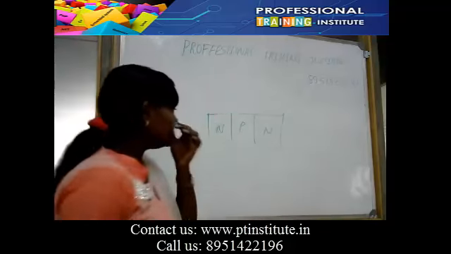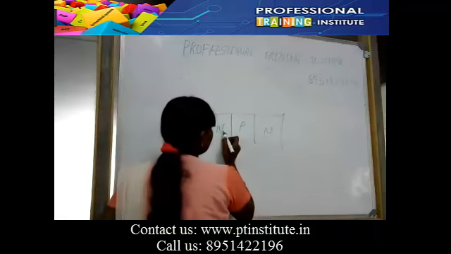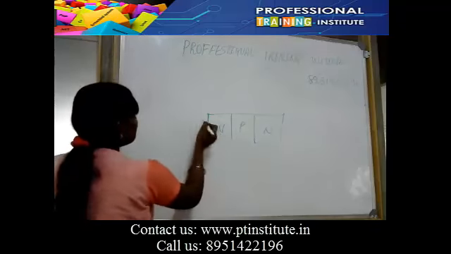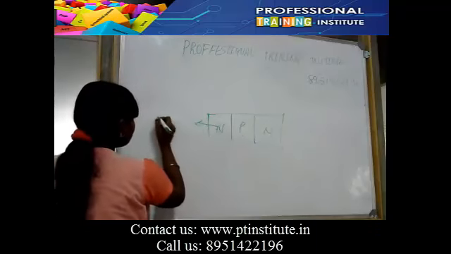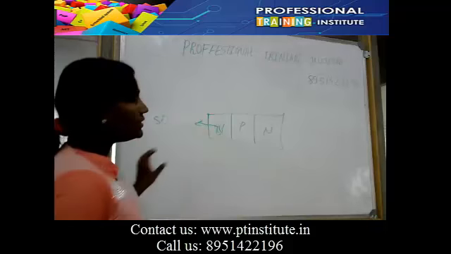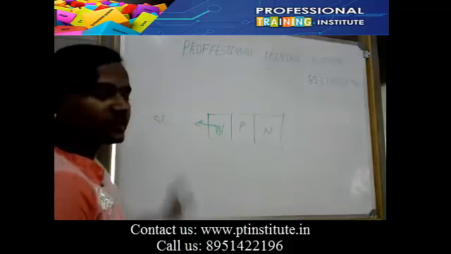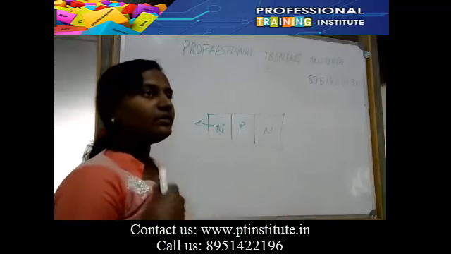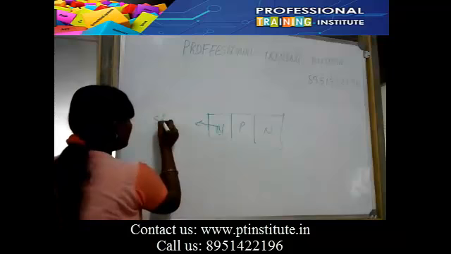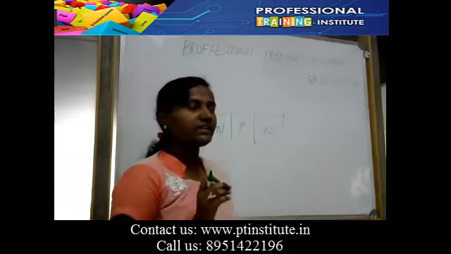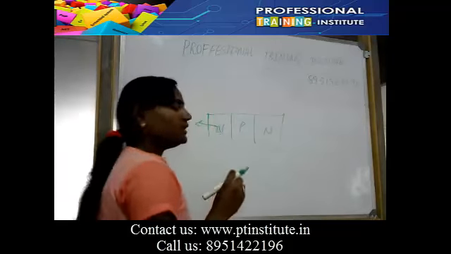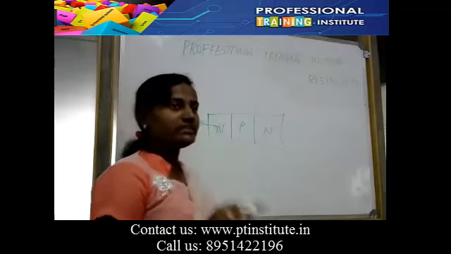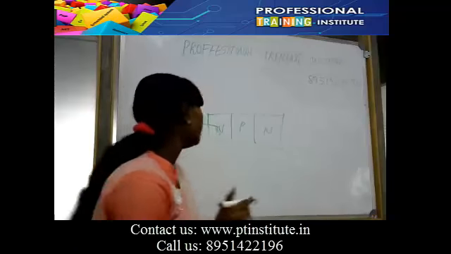See here. So what are N, P and N? N is made up of silicon, and silicon is doped with phosphorus. What is silicon? Silicon is a semiconductor. It is not a good conductor, but a moderate conductor. It cannot conduct like a metal, but it is also not an insulator. It conducts at a moderate level.